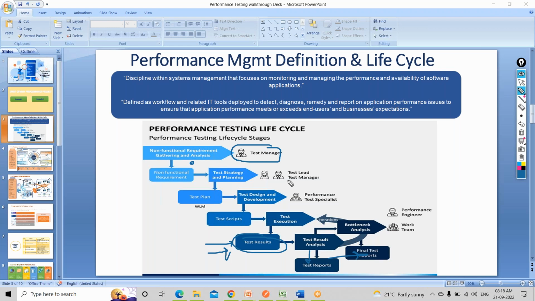It's hardly that a performance tester with 3 to 4 years of experience, or let's say up to 5 years, would be involved in this. This is something very important. You will be there as a part of the team, but when we say agreeing on the terms, these calls are made by your manager and test leads only. Now again, in a lot of companies, planning and strategy is also done by the manager itself.